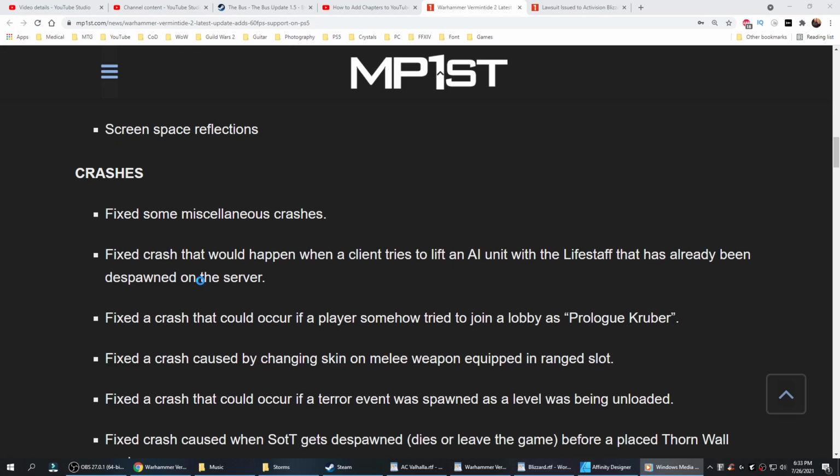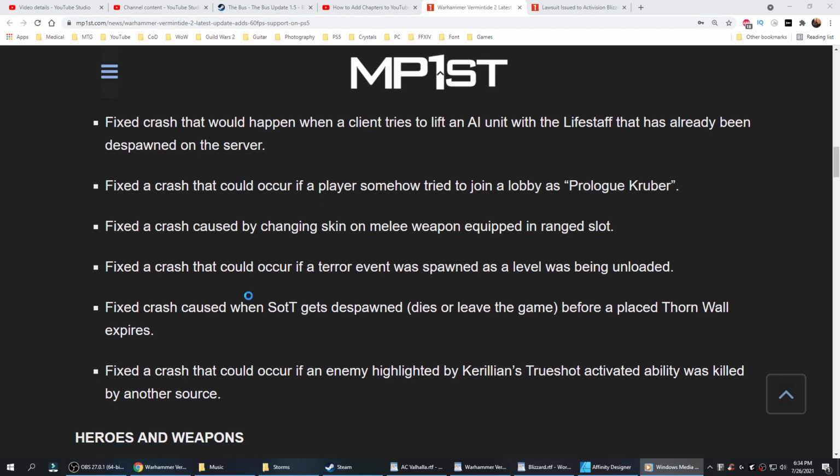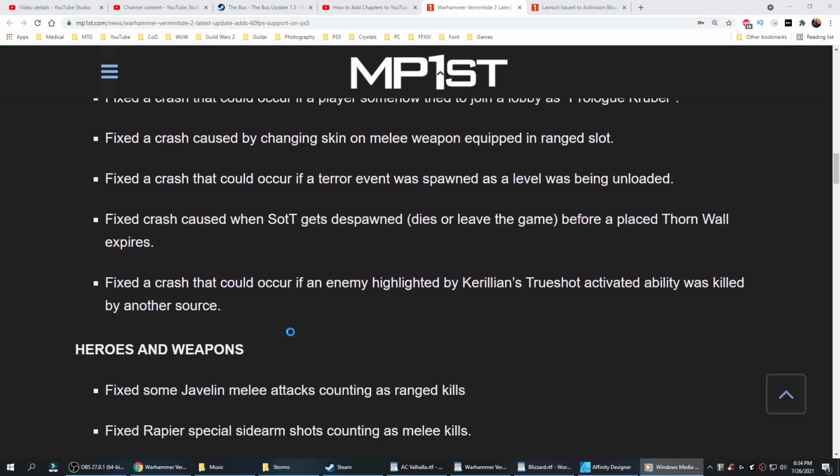Crashes. Fixed some miscellaneous crashes, or a crash that would happen when a client tries to lift an AI unit with the life staff that's already been despawned on the server. Fixed a crash that could occur if a player somehow tried to join a lobby as Prologue Kruber, or a crash caused by changing skin on a melee weapon equipped in range slot, or a crash that could occur if a terror event was spawned as a level was being unloaded. Fixed a crash caused when SOTT, I don't know what that means, gets despawned, dies, or leaves the game before a placed thorn wall expires. Fixed a crash that could occur if an enemy highlighted by Kerillian's True Shot activated ability was killed by another